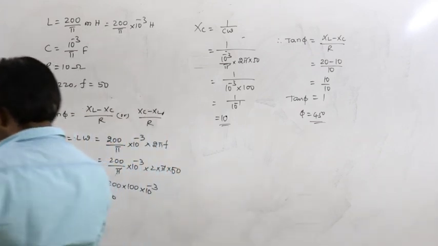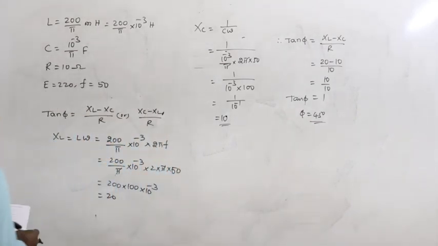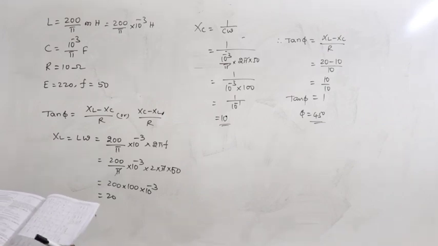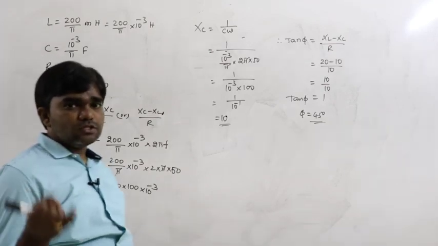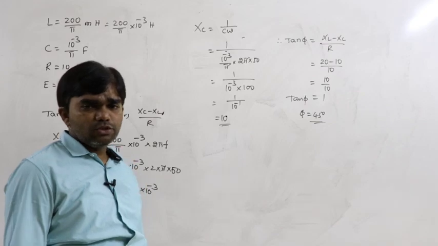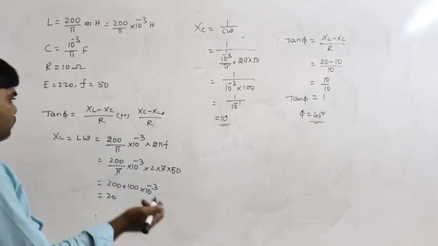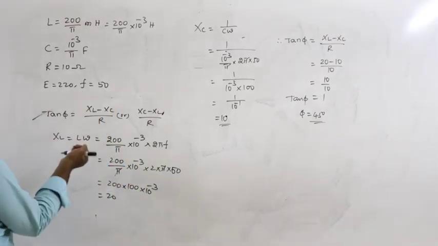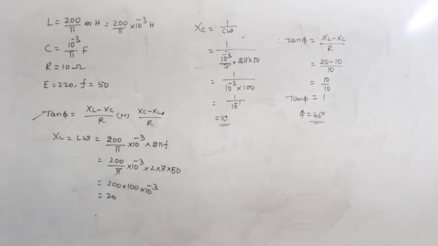So the phase between the current and the voltage, you have to find directly this value. The main thing is you must remember the formulas. That is very important. In case of an LCR circuit, what is the net impedance, what is the phase angle, what is the power factor, everything you have to remember. It's very important. Once you remember that, with the formulas at your fingertips, it's very easy to calculate this.